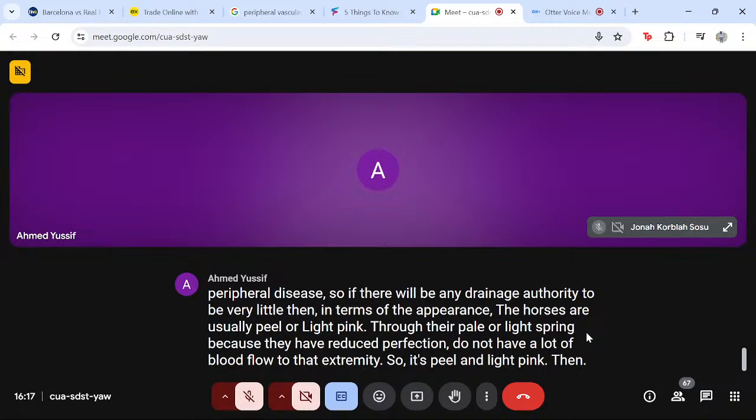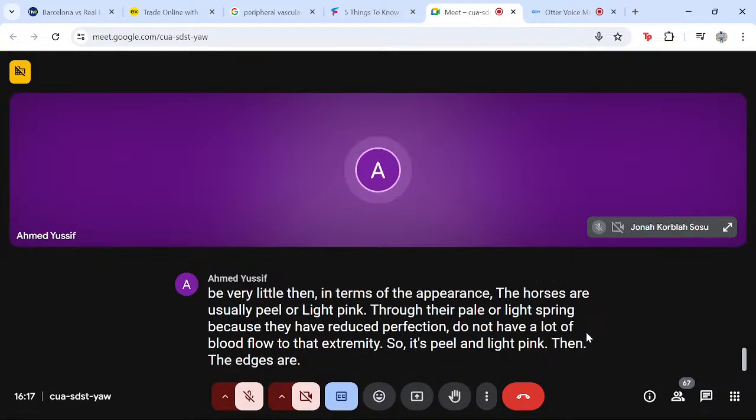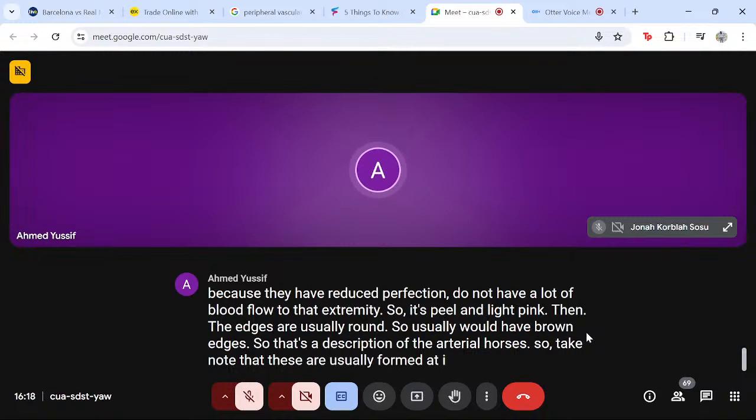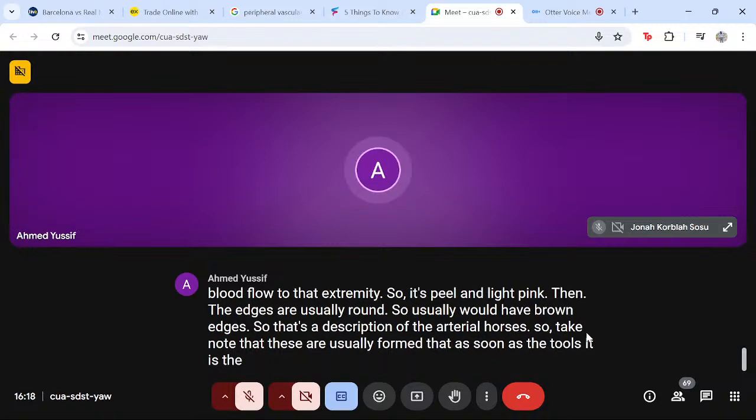Then the edges are usually round. So you usually would have round edges. So that's a description of the arterial ulcers. So take note that these are usually formed at the extremities. The toes, if it's the ankle, it will usually be at the lateral side of the ankle. So that is that